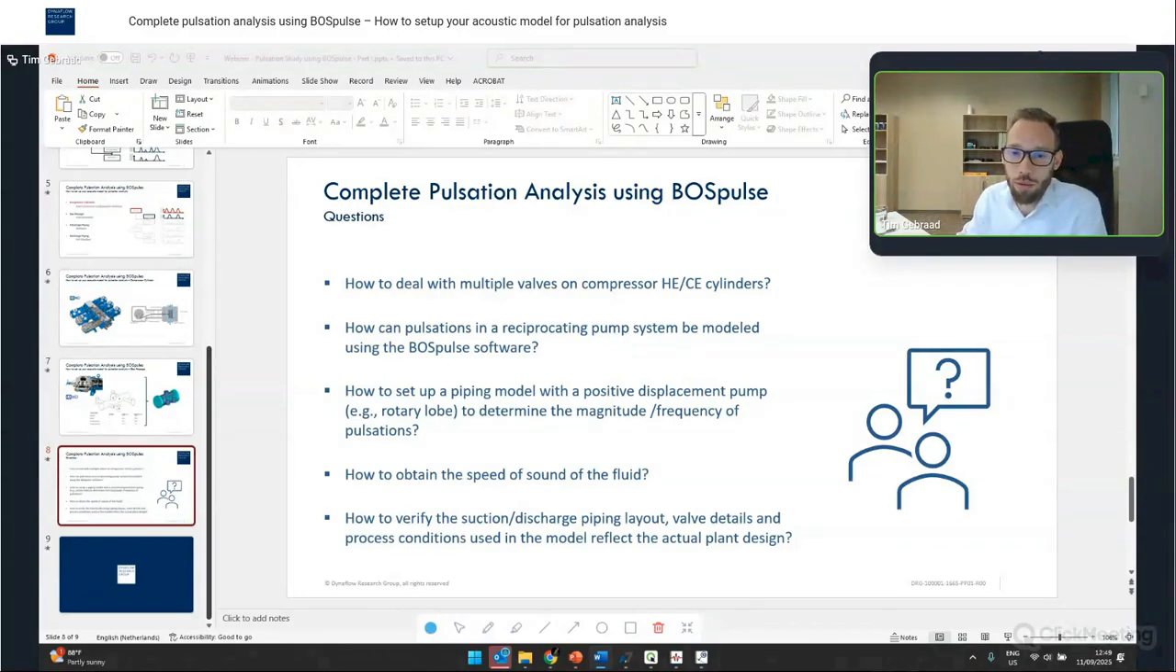And for these types of compressors, the manufacturers are typically not so generous in providing the actual geometric information and how the volume changes and how the opening changes. But it's still possible to model a positive displacement equipment like this in BOSpulse. And so I have an example model over here where we modeled a